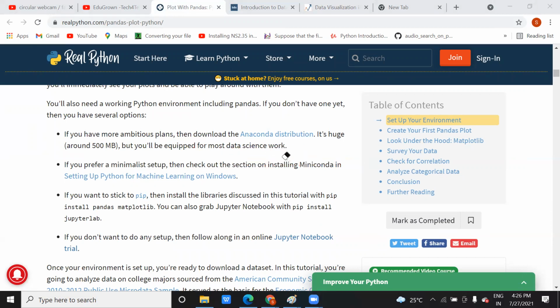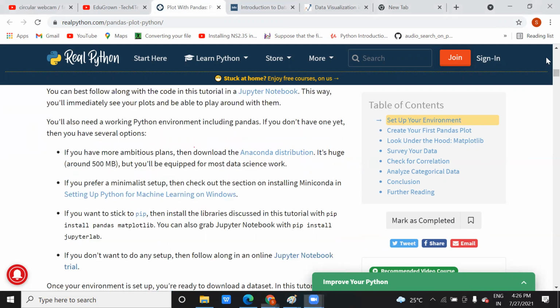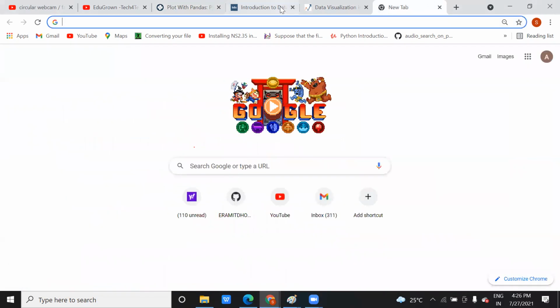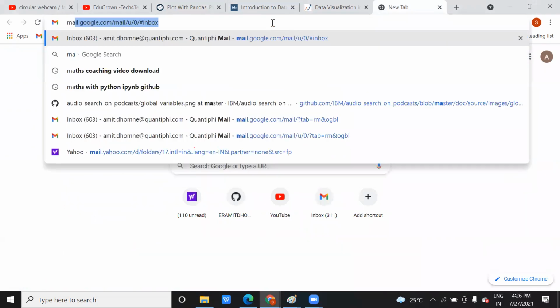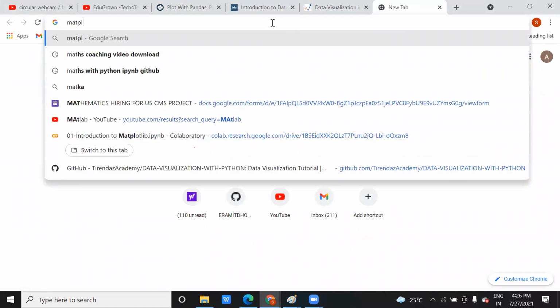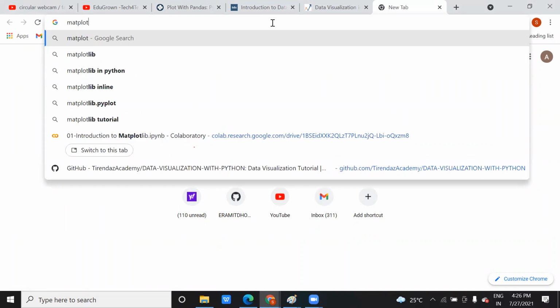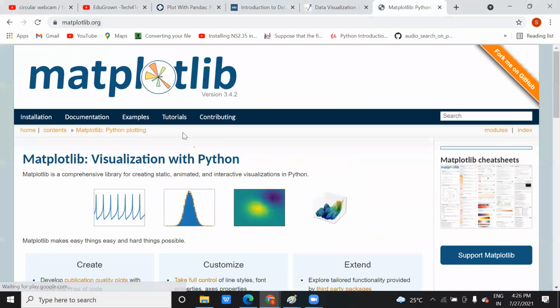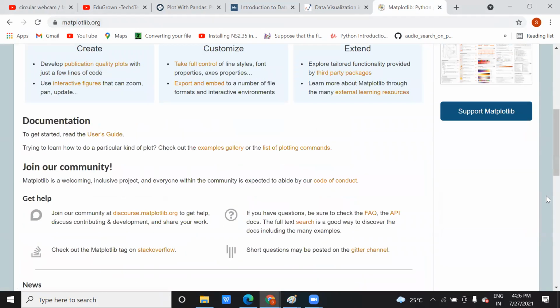I am going to share the link also with you, because for this data visualization part, there is Python.org, but pandas you won't get there, but let me check if you get it in matplotlib. Yeah, I was trying to find NumPy and pandas on pandas.org. Why is it not available there?